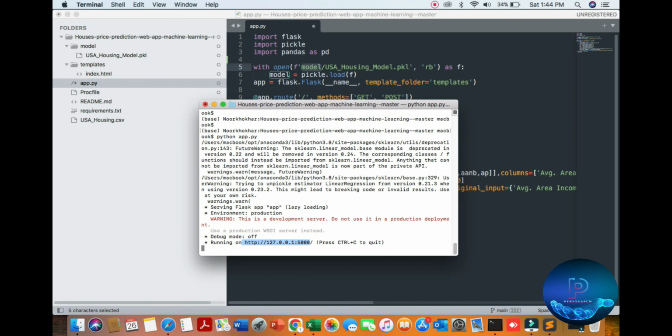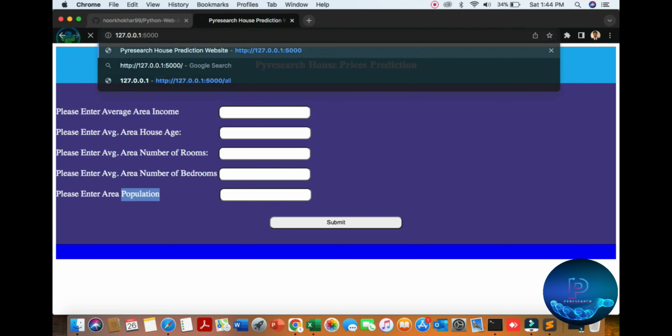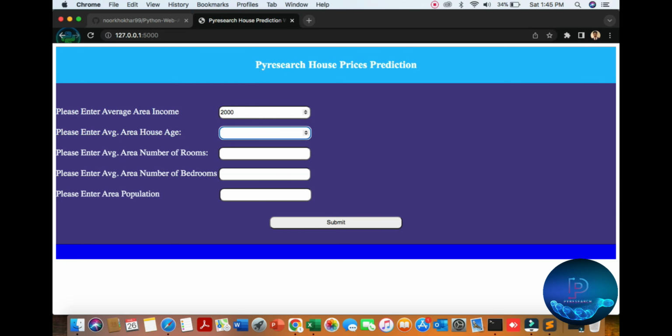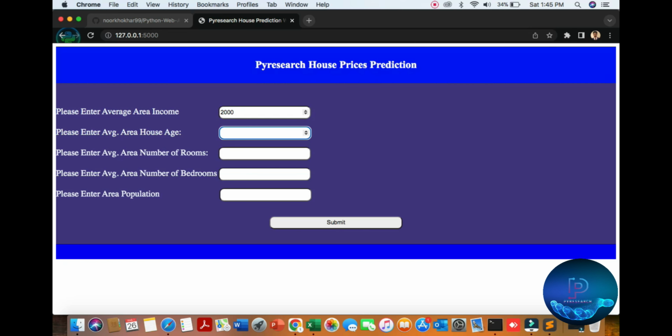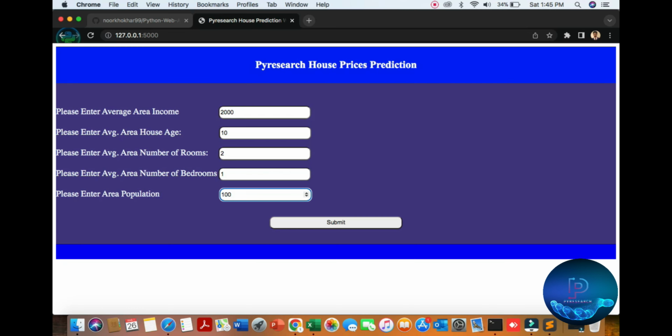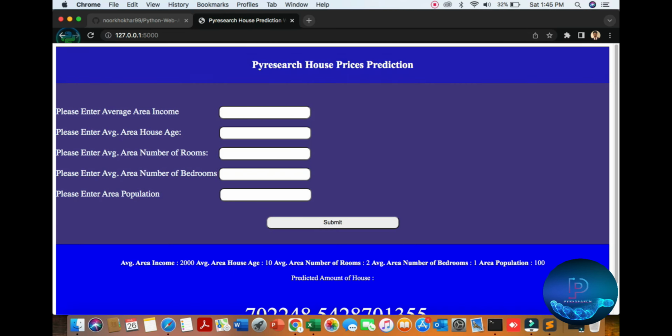Just copy this link, go to your browser and paste it here. Average income 2000. Then average house age, I think we can put 10. Okay, I need 2 rooms, 2 bedrooms, 1 bedroom. Area population 100 yard. Okay, you can see the